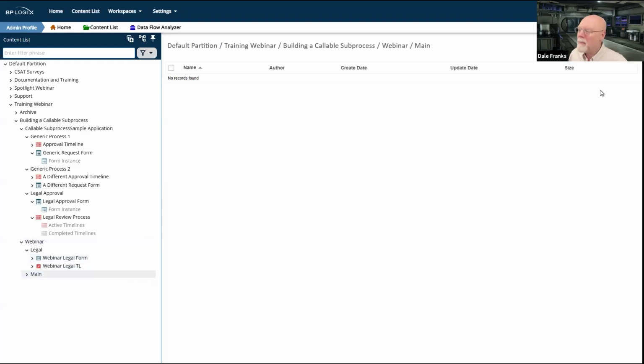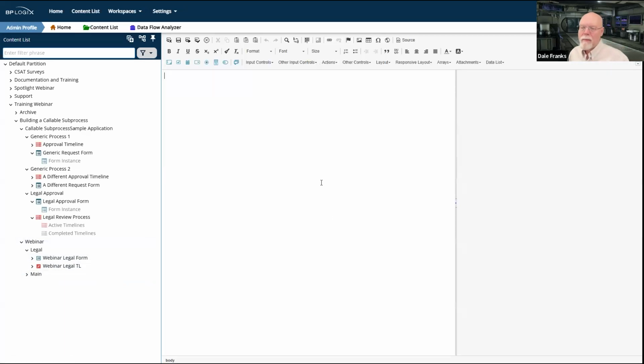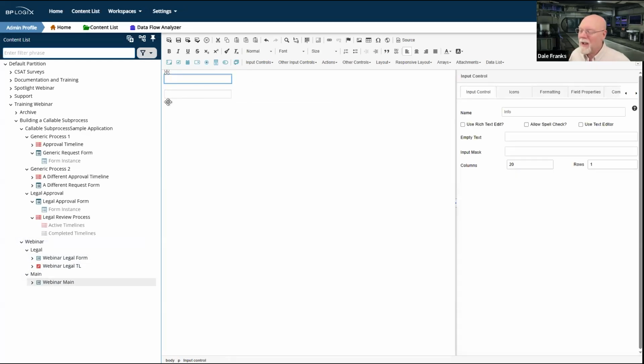Now we'll go into main and we'll create a new form definition, which we will call webinar main. And we'll hit paste and see if it'll paste those two form fields properly. It does. There's info and there is legal.